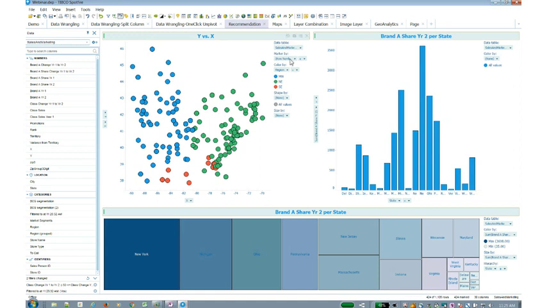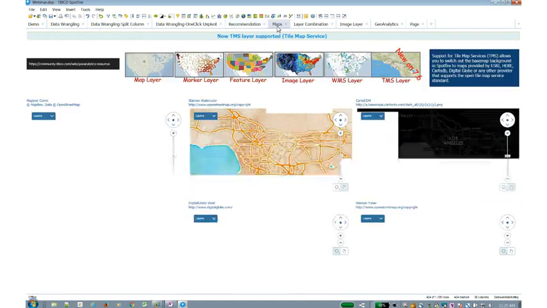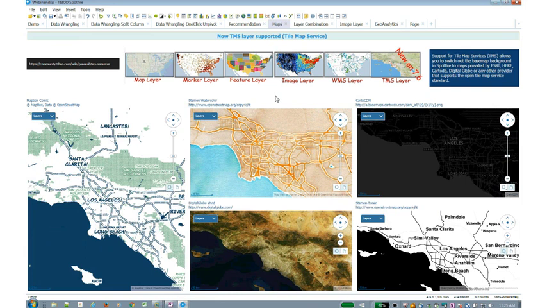maps very heavily. Now, we have one of the strongest mapping features in the market from the analytics perspective, because we're able to have all of these different layers within a map. And if you're not familiar with layers, it's nothing more than allowing users to view different types of information on a map, whether the individual underlying map itself, or whether you want to overlay markers on them, whether you want to overlay features or polygons on them, if you want to overlay images, or WMS and TMS, which is basically a web mapping service or a tile mapping service.